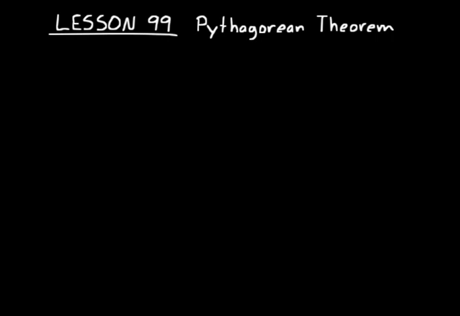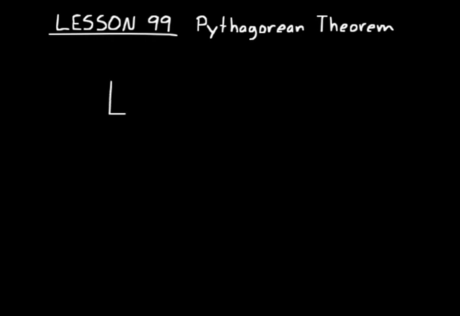Lesson 99 is about something called the Pythagorean theorem. A theorem is just an idea or a property that holds true in mathematics. Pythagoras was a Greek mathematician who is credited with developing this theorem, and basically what it deals with